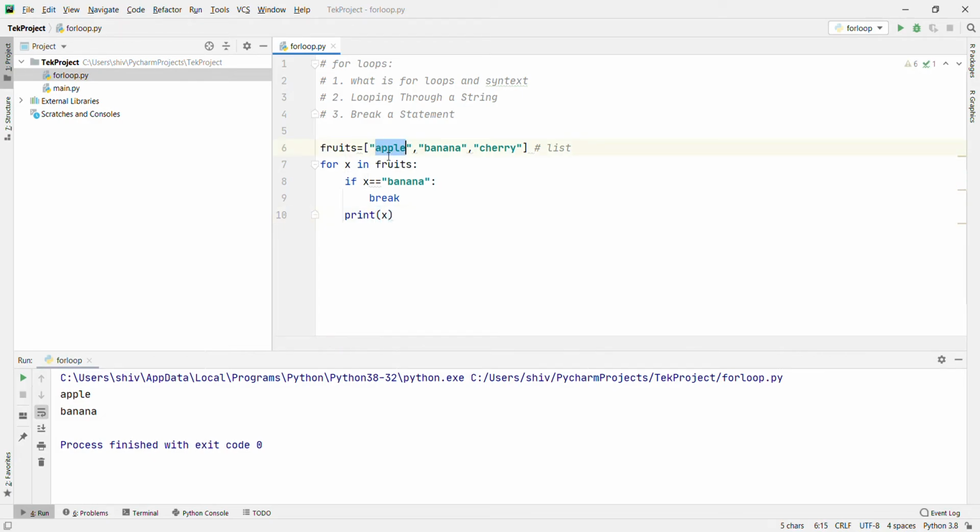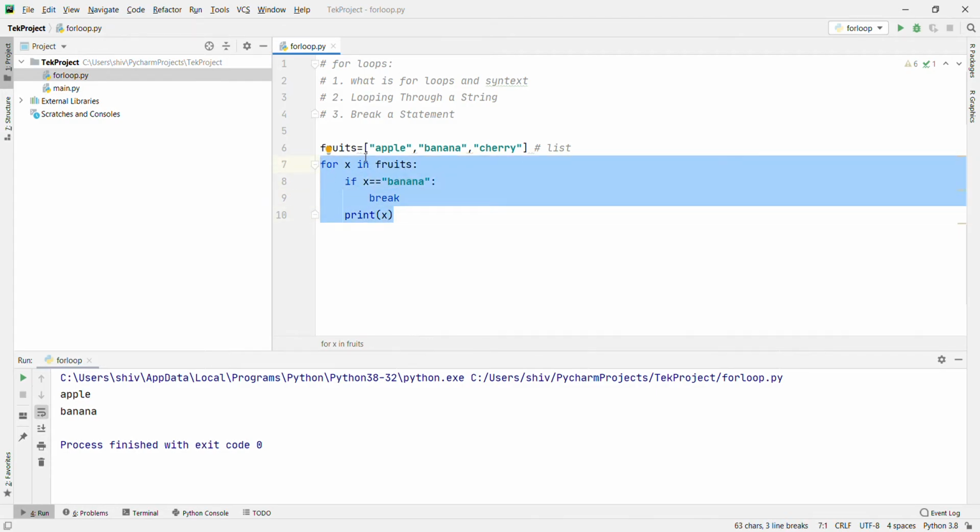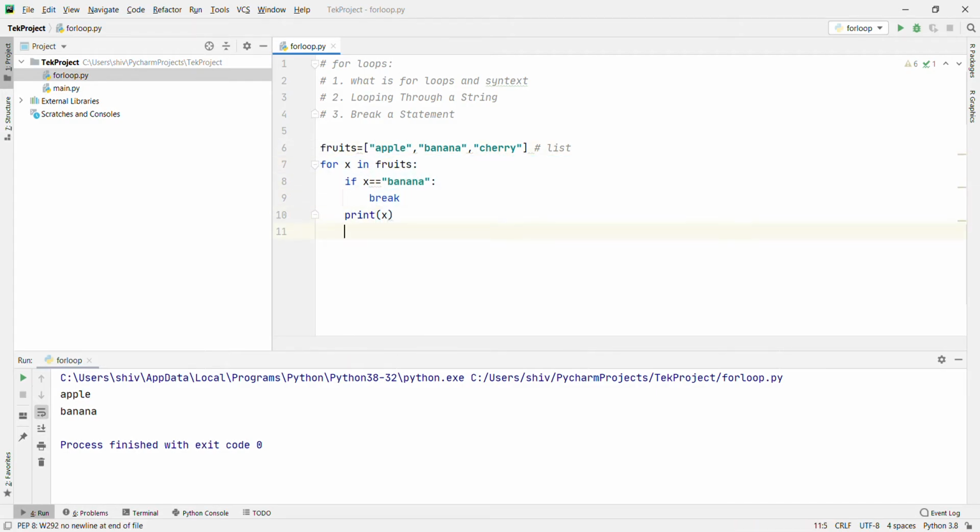First it will check the same, apple equal to banana in x. Apple is not equal to banana, then it will print x. Then it will go to banana. If x is banana, that is correct, right? Then it will come out from the loop, then it will print only apple.